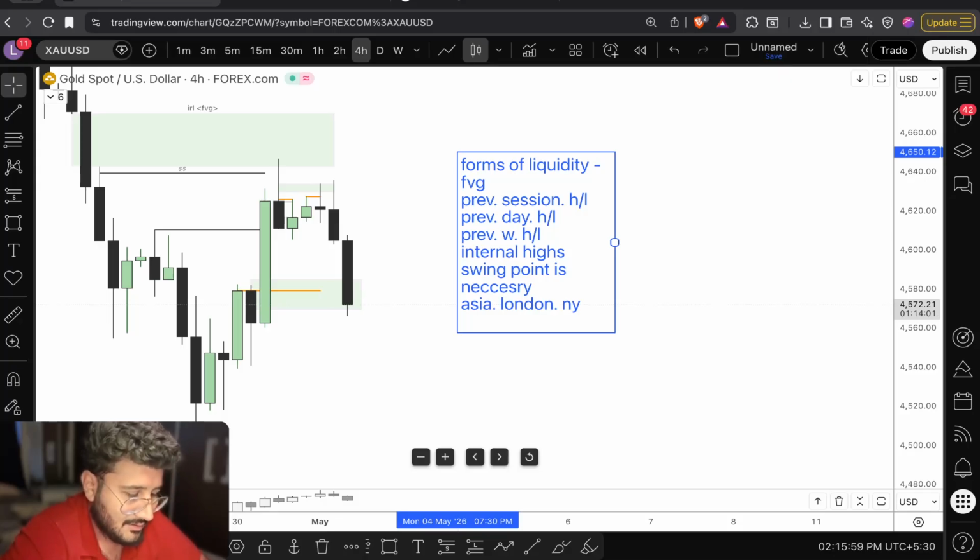So make sure you learn this and keep all these things in mind, that market cannot go without taking internal liquidity and directly going to external. No, that can't be done. If market is taking out the external liquidity, market needs to go to the internal liquidity, or if market taps the internal liquidity, it needs to go to the external liquidity. So that is what market does, right?